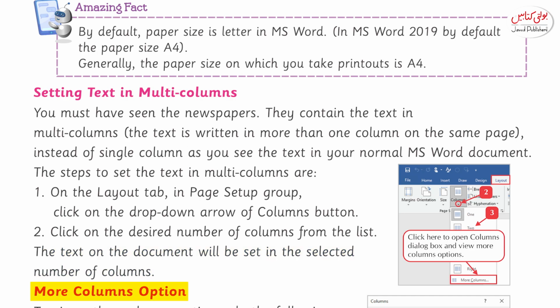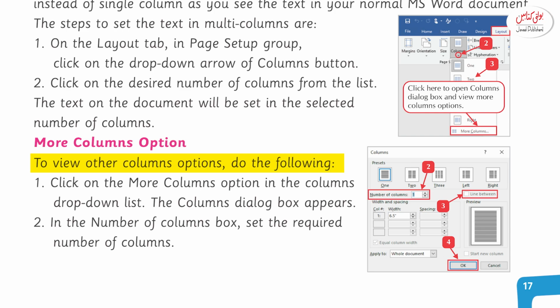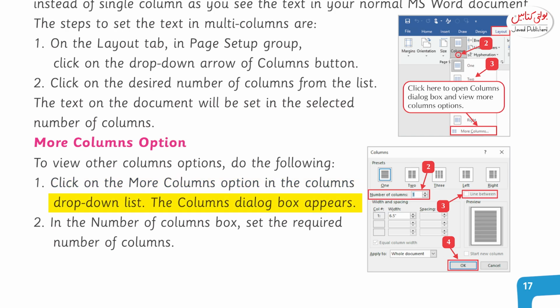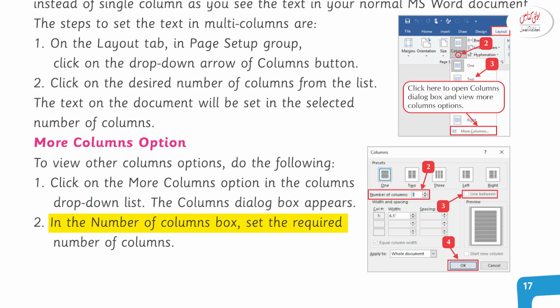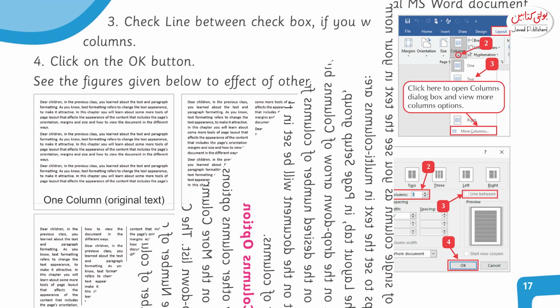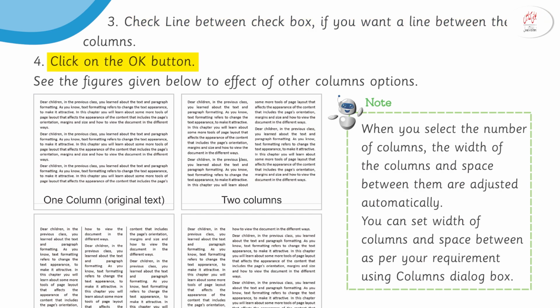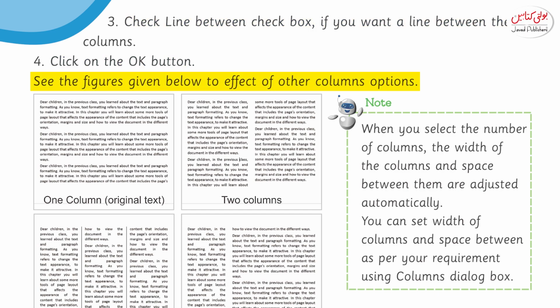More columns option. To view other column options, do the following. Click on the More Columns option in the Columns drop-down list. The Columns dialog box appears. In the Number of Columns box, set the required number of columns. Now check the Line between checkbox if you want a line between the columns. Now click on the OK button. See the figures given below to see the effect of